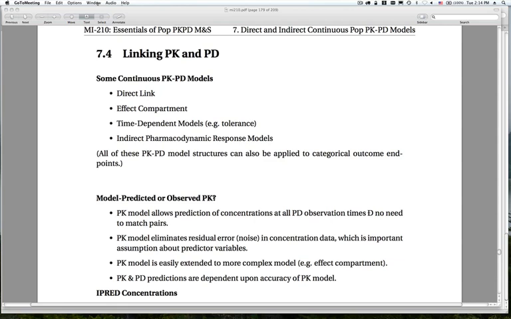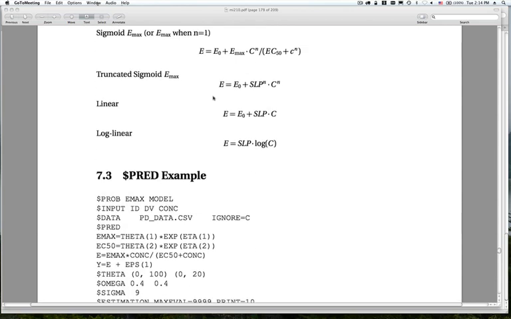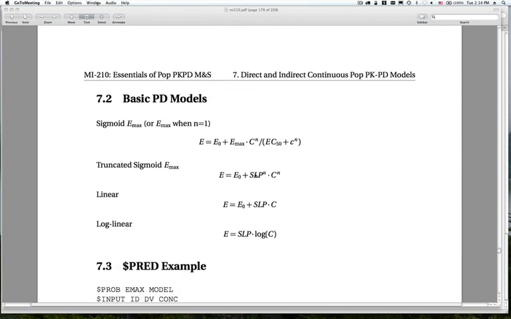First, I'll pause for a question. Yeah, there's a question about these Emax model equations here. The slope term is really just a shortcut or truncation of the Emax model. If you take Emax divided by EC50, that ratio, when concentrations are very much smaller than EC50, is approximately a linear constant. And so what we're saying here is that if our concentrations are lower than EC50, we're most likely only going